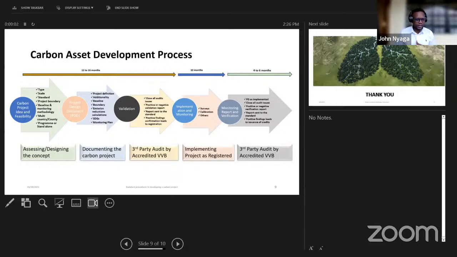Then you go to the baseline. You have to define the baseline. You quantify how much carbon is held in the landscape or in the farm or in the area you're operating from, so that this forms the basis. For future claims for carbon, you will always subtract or reduce the baseline. So you are only paid for what you add compared to the baseline. So in the PDD, you have to account for the baseline.